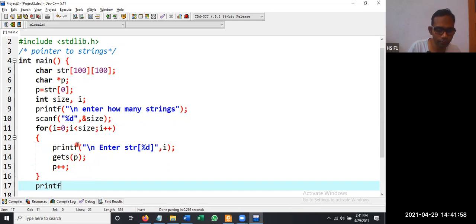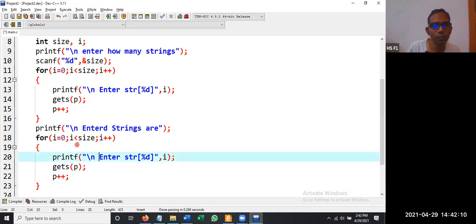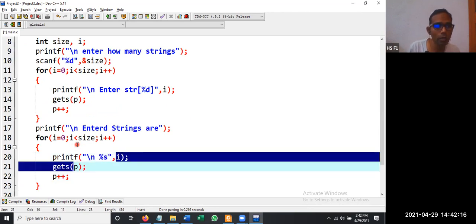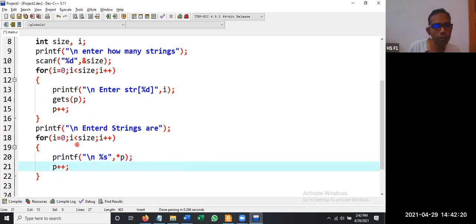Let us print those characters again back. So printf, entered strings are, printf %s. Here we are going to use %s, comma star p plus plus.